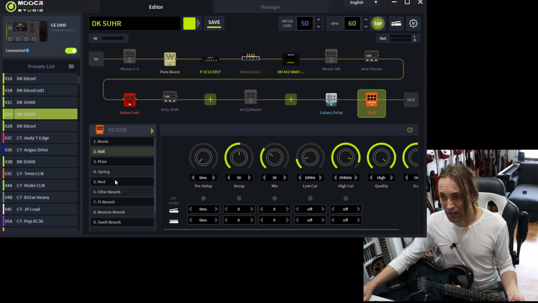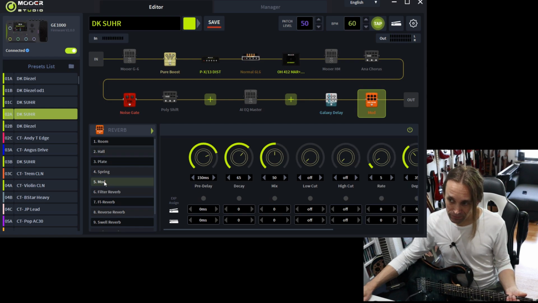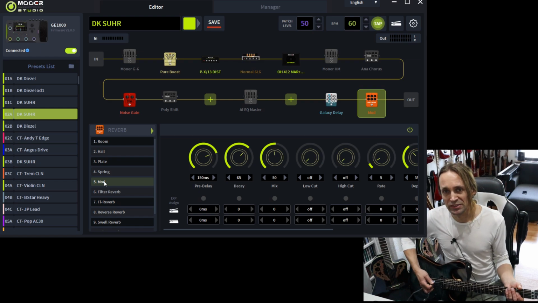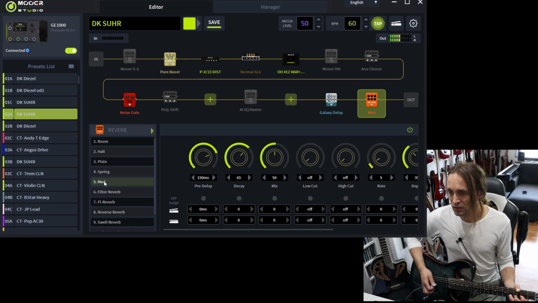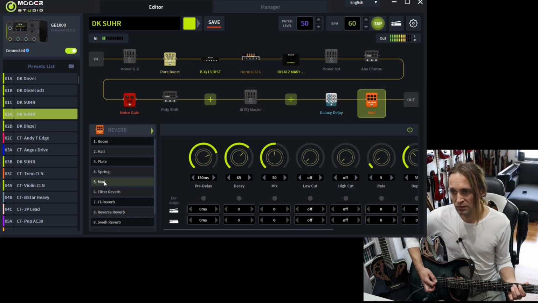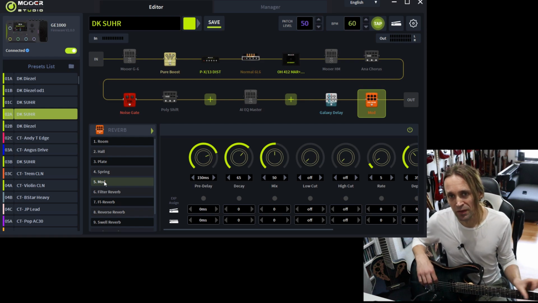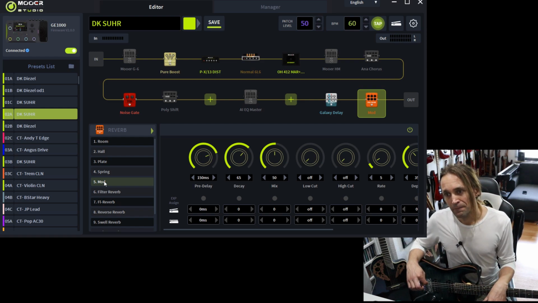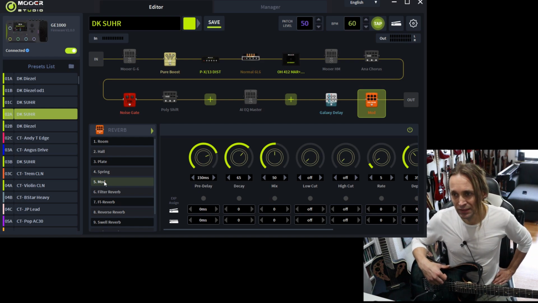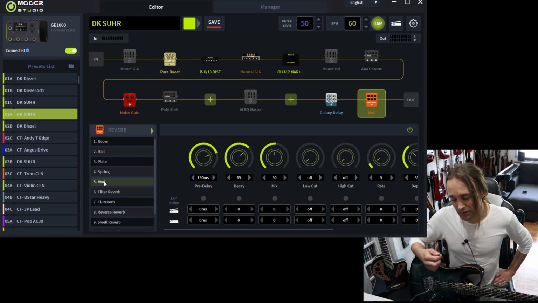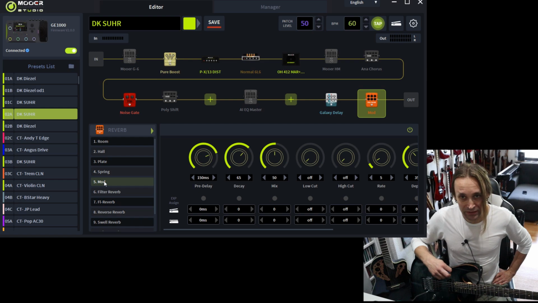So overall, I think there are some features and also some effects missing, which I used in the GE300. Which is kind of disappointing, to be honest, because when I first opened this unit, I thought, well, it's basically the same effects and amps that I had on the GE300. There's some more effects, but they don't sound that good, and there's some less effects, which is a